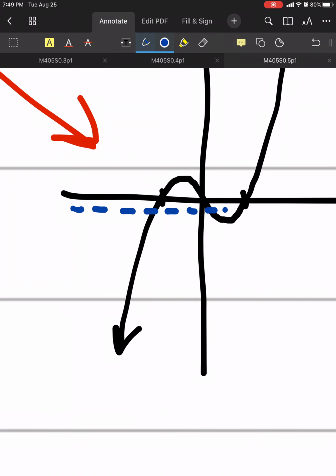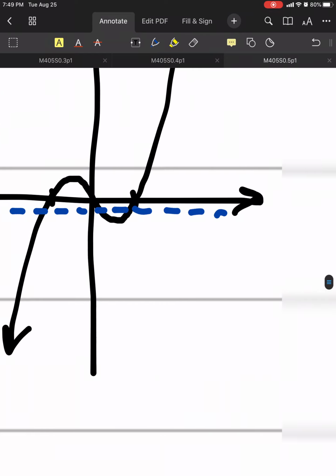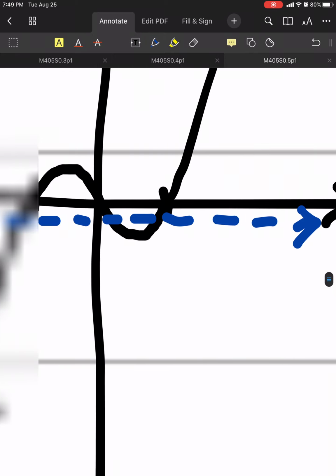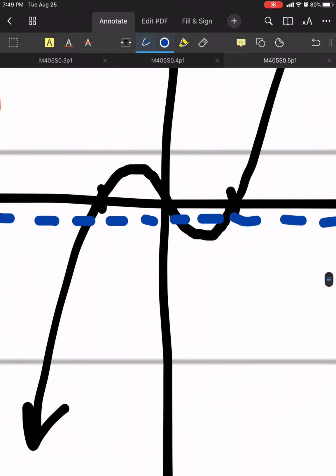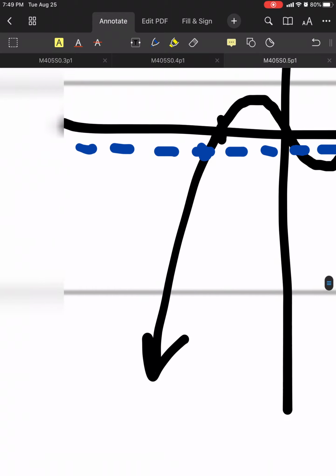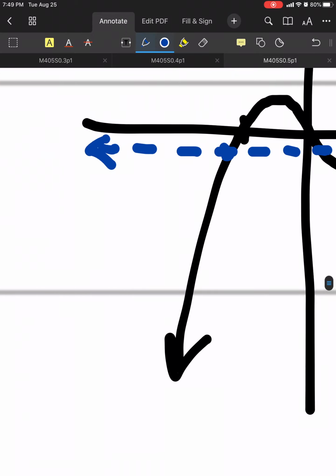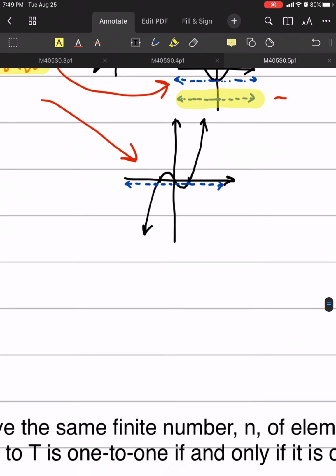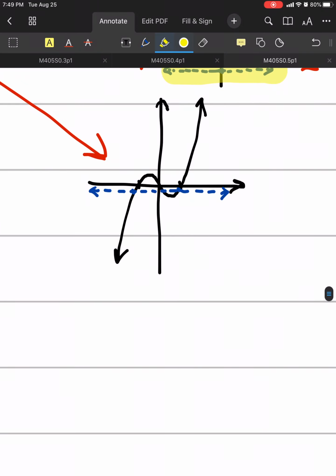But if we draw it at a specific height here, we can see there are places where this will hit the graph more than once. In fact, it's possible to hit it 3 times like we do right here. It's possible to hit it once, twice, or 3 times, any of those. So what we see here then is because of this little section right here,